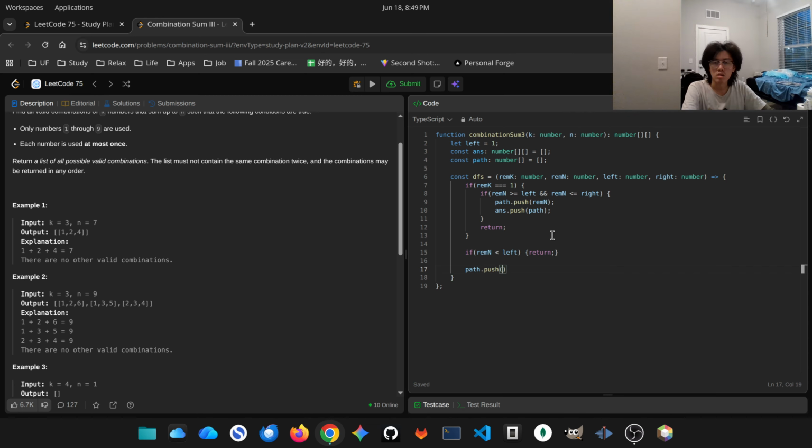Let's say from left to the right, so we need a for let i is left, i smaller than, smaller or equal to, it's really weird, i plus plus, and in this loop